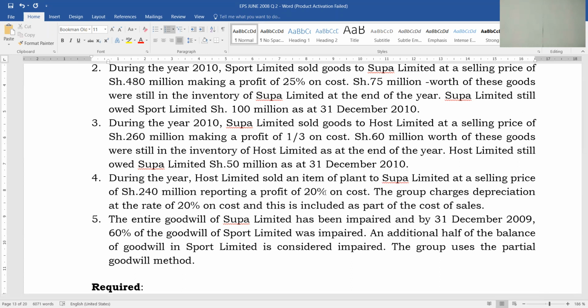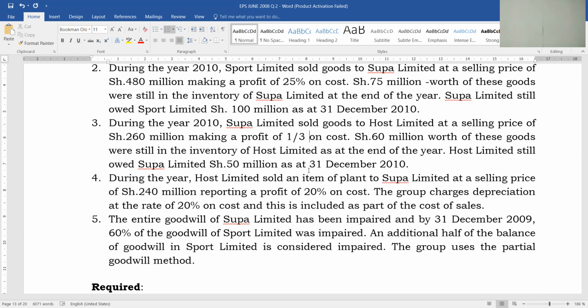So we need to determine the unrealized profit on fixed asset, so that we will be able to adjust our retained earnings account and our property, plant, and equipment account. Because you know that once they did an intergroup sale of a fixed asset, and the other one never resold the relevant asset, it means they never realized the profit.